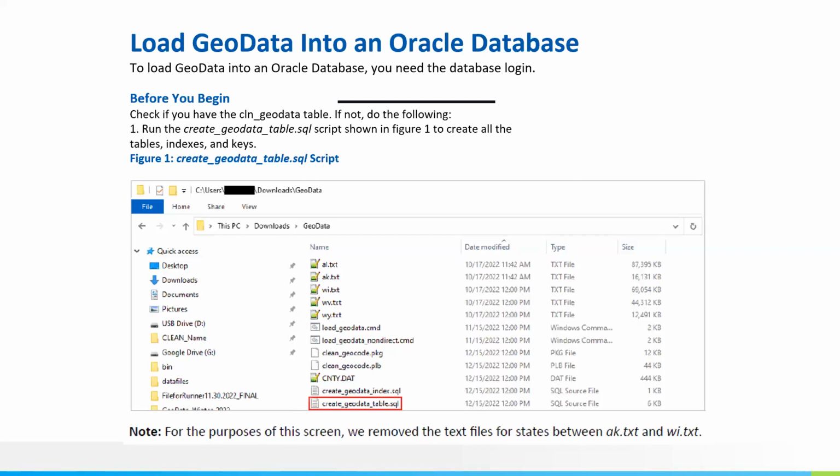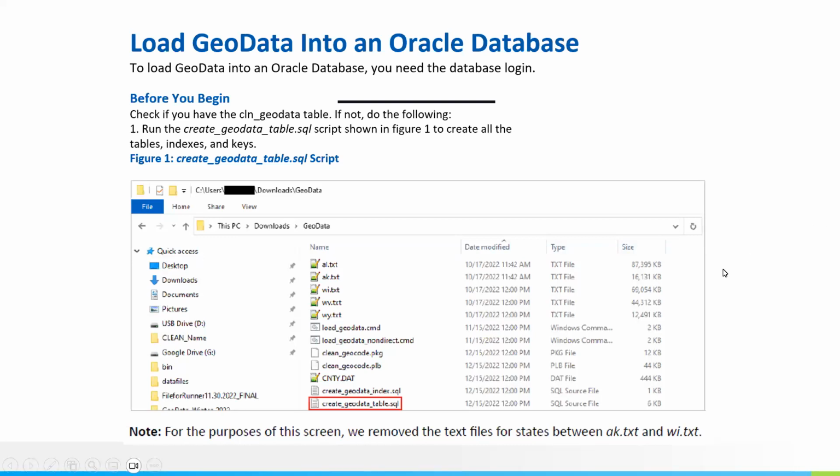They create the tables that get populated, and basically when you receive your first GeoData installation CD, there's a readme.txt file within this GeoData folder that tells you the proper order to run the create scripts in order to create the data files. But then going forward, you would just run the load GeoData command every time you get a new installation, and it will clear out your tables and repopulate them with the new data that we get from the Census Department.